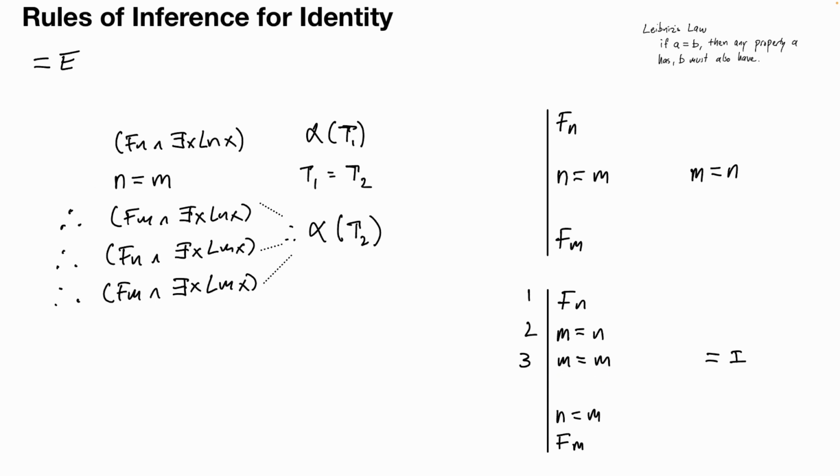And since you have the identity m equals n, you can swap out m from the first spot where m occurs in m equals m and swap in n, which would give you n equals m. And now that you have n equals m, you can swap n out of Fn and replace it with m to get Fm. But it would be nice to avoid these extra steps, so we'll just modify our official statement